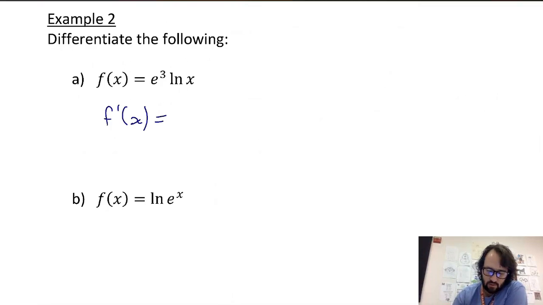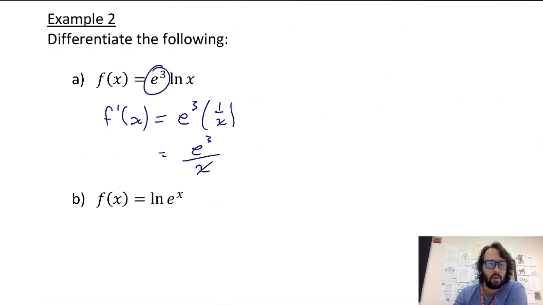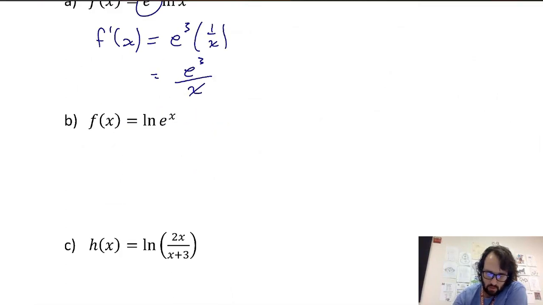So if that is some value, then this is just a number. So really I'm just taking the derivative of ln of x and multiplying it by e cubed. So e cubed times 1 over x. So this would be e cubed over x. All right. Part B here